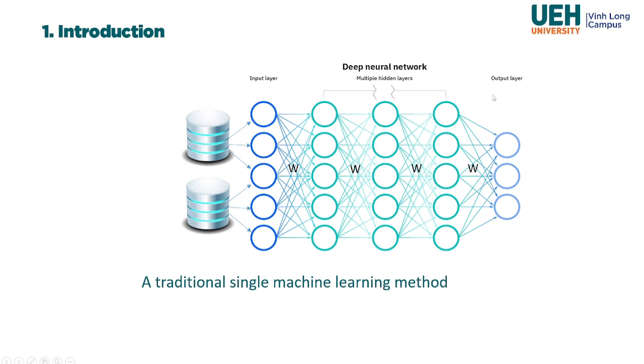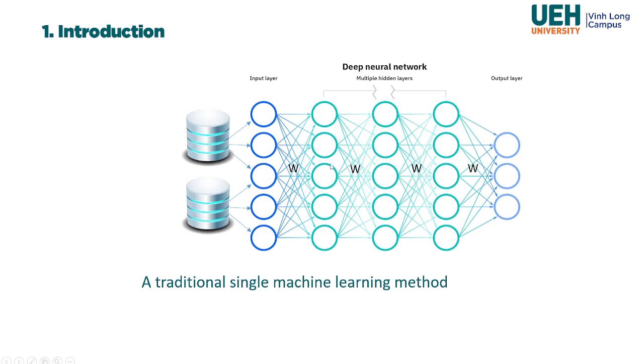This figure shows the traditional single machine learning method we have widely used in the past, where we have to collect the data and store it in the database, and then you build such a model. For example, a deep learning neural network with many layers, and each layer has many cells. After the training process, you get the weights. It means the model update.